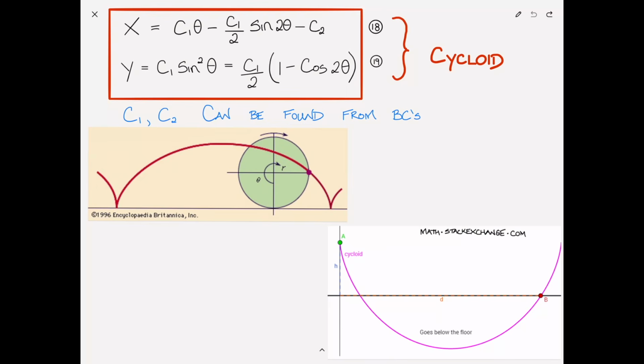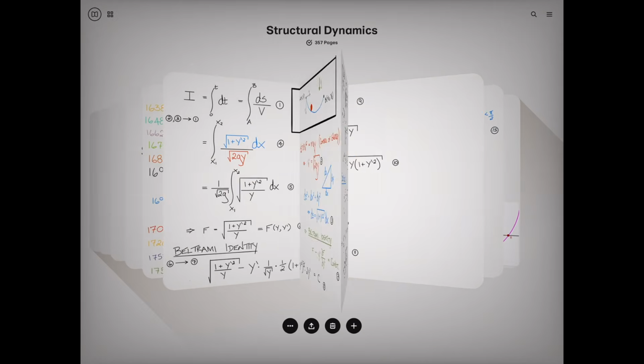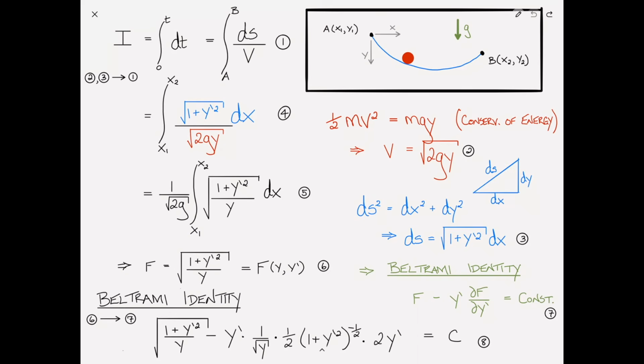Before we go, I want to take it from the top one more time and just review this really quickly. We solved this problem by using the calculus of variations, which requires us to find an integral that we're trying to minimize. In this case, the integral was a minimum time integral, which we could write in this form, ds divided by the velocity. And that gave us this final form. From that form, we identified the functional. We recognized that because the functional doesn't explicitly depend on x, therefore we can use the Beltrami identity.